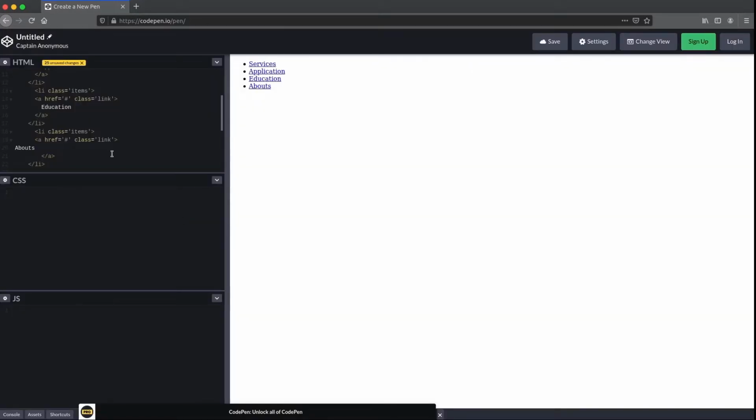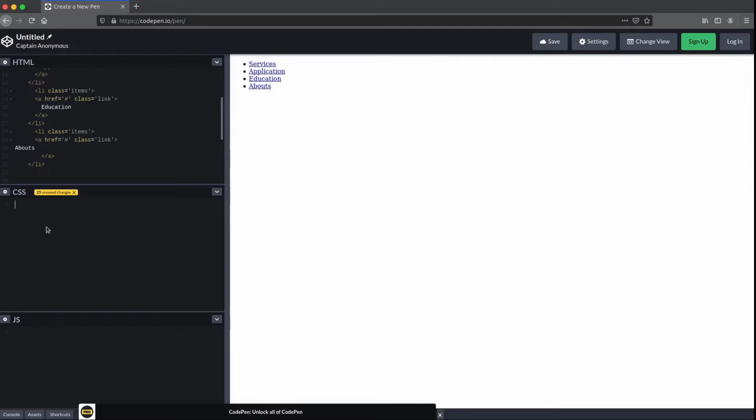Now before writing any more markup, I want to style this first, so I go in CSS, I select main and I start with giving a nice background gradient, that is background image, linear gradient.